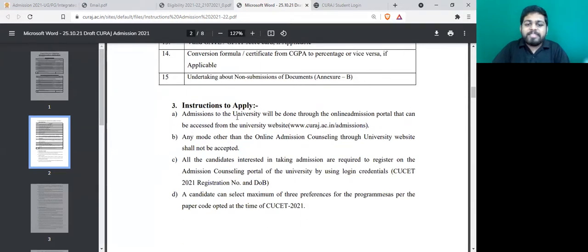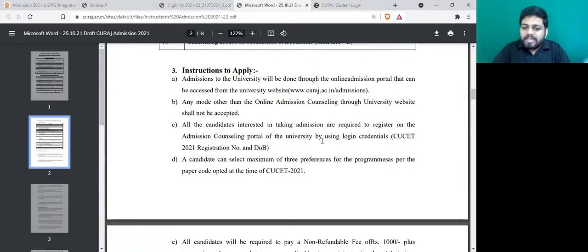Some of the instructions are: the admissions will happen only through the official admission portal. curaj.ac.in/admissions is the official portal. Then a candidate can select a maximum of 3 preferences. So you can apply for 3 courses in CU Rajasthan, whereas some other universities don't have a limit.